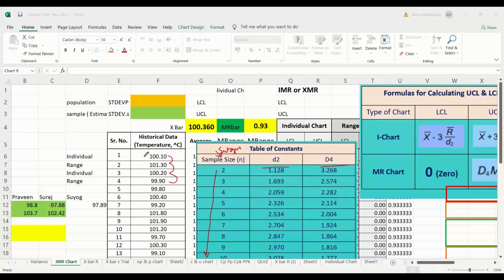So it is basically how many samples you are calculating the range between, the two. When we move to the other type of chart, that is averages and range and averages and standard deviation, you will come to know that we are taking a higher subgroup. Maybe we take the range of 5 readings and plot it. That time your subgroup size becomes 5, 7, 10, whatever it may be. But here you consider this as a subgroup size, not your number of samples. Constants do not depend on number of samples. The constant will depend on your subgroup size.